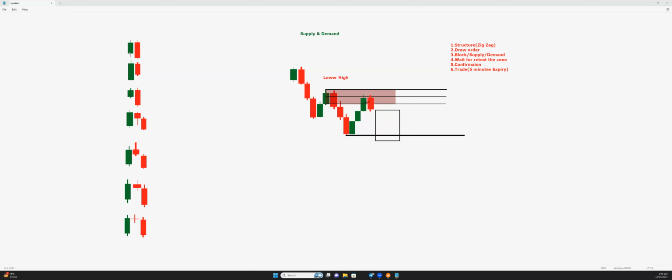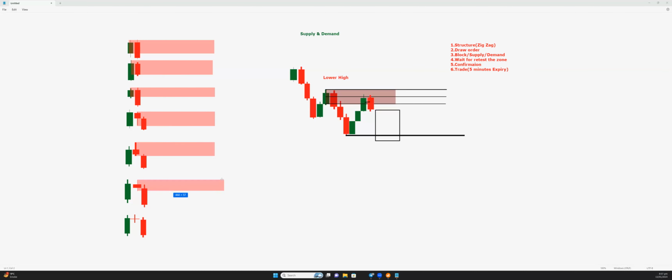Here you can go where the price is controlled by the seller, the opening price of the buyer. Here higher wick and closing price of the seller. Here opening and higher wick. Here pin to pin we will find, we will draw. Here also pin to pin. In this case also pin to pin. Even the green wick is higher. This one. These all will be the conditions for drawing the supply.